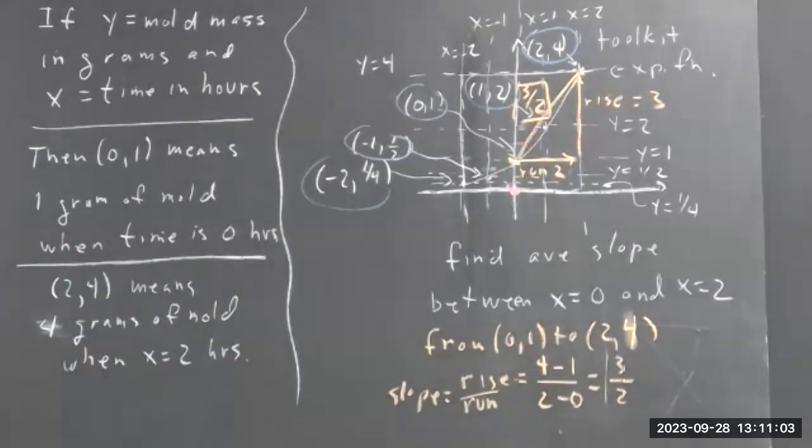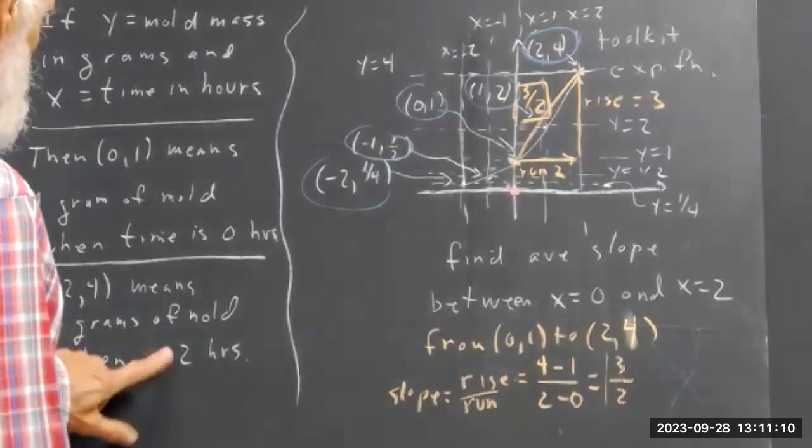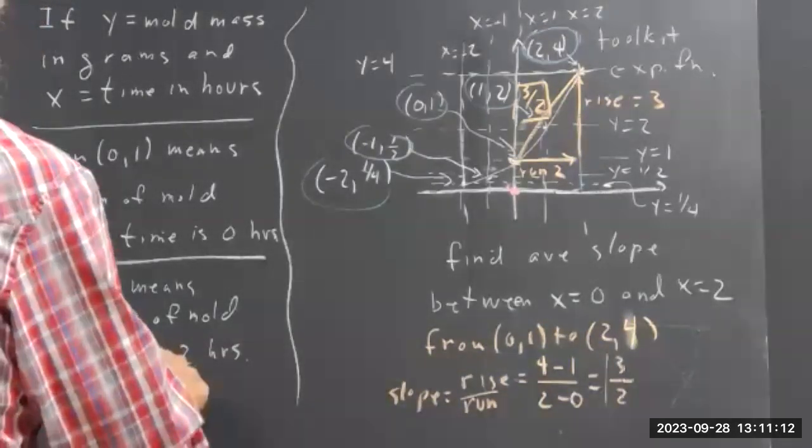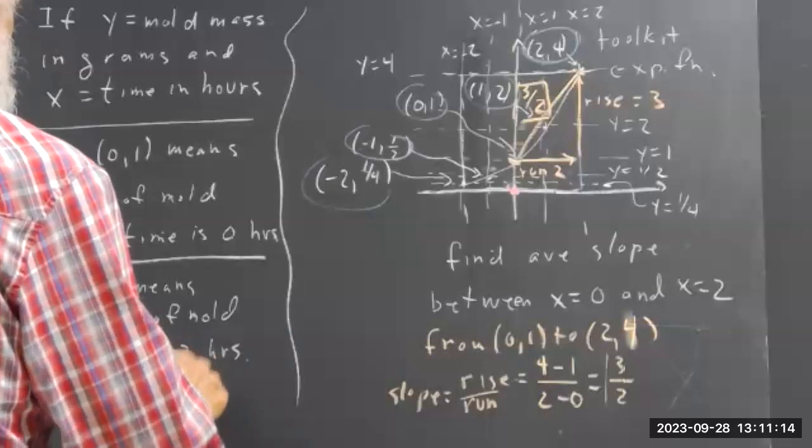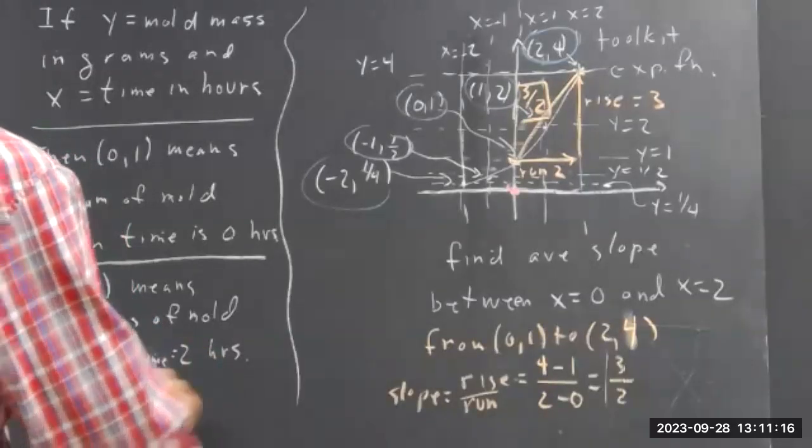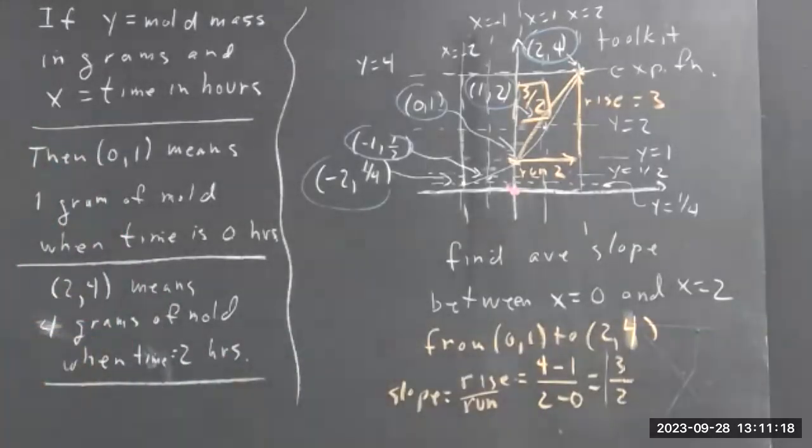four grams of mold when the time is 2 hours. Okay, and the time is 2 hours. I'll say when the time is, well, try to do that without using X and Y. Okay. So